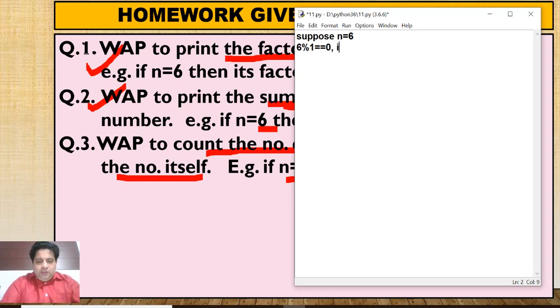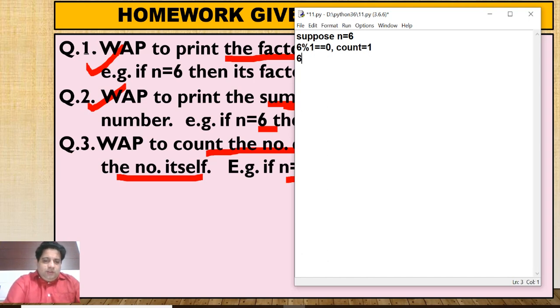It means one factor is found. It means you can count on your fingertip. It means take one variable and assign it a value as 1. It means we have found one factor.